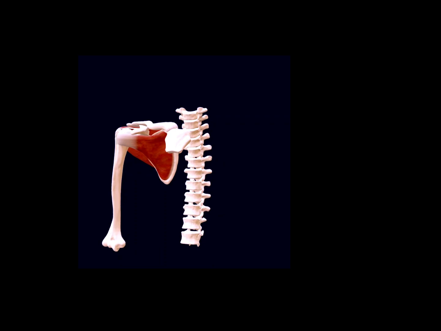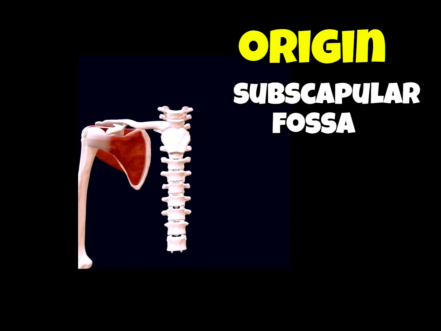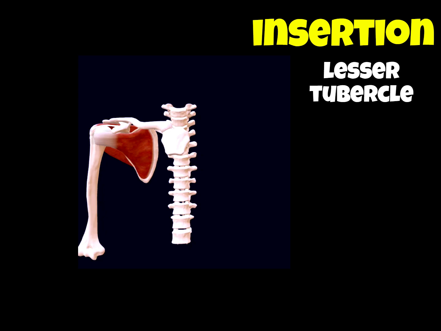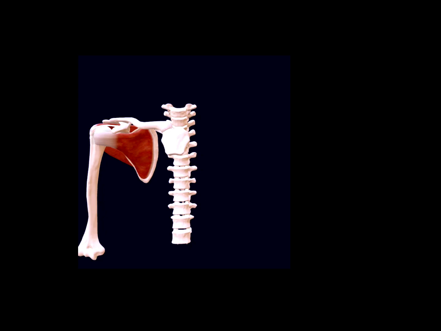Finally, subscapularis, which is the muscle taking origin from the subscapular fossa and the only muscle to insert onto the lesser tubercle. Now, this is supplied by the upper and lower subscapular nerves, and it helps in medial rotation as well as adduction of the arm. There are some other supporting muscles such as the teres major and latissimus dorsi.